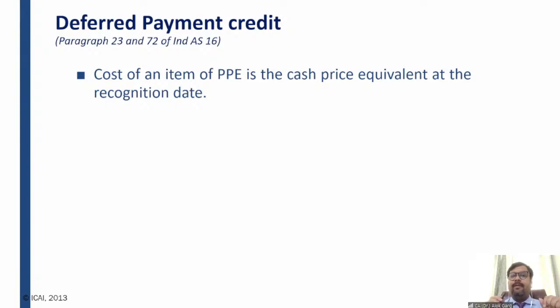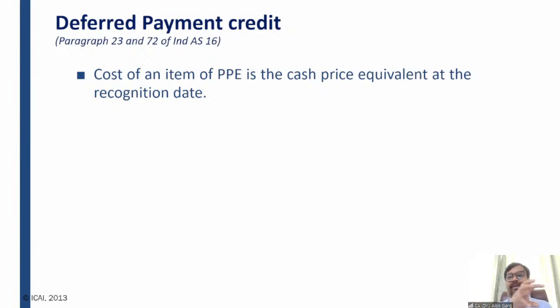So friends, when I tell him that I'll pay over a period of 3 years, he tells me the price is not 10 lakh rupees; the price is 15 lakh rupees or 12 lakh rupees. Now the question arises whether I should recognize my property, plant and equipment at 10 lakh rupees or at 12 lakh rupees. Someone who has purchased this property, plant and equipment from his own funds will end up paying 10 lakh rupees. Someone like me who is paying in 3 installments, enjoying the deferred payment credit, is recognizing it at 12 lakh rupees.